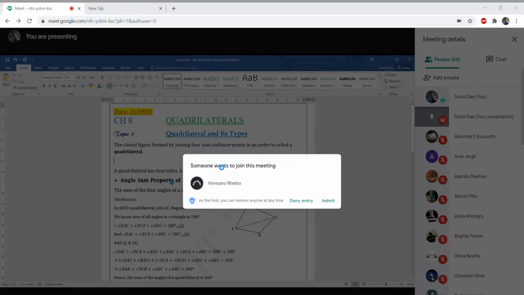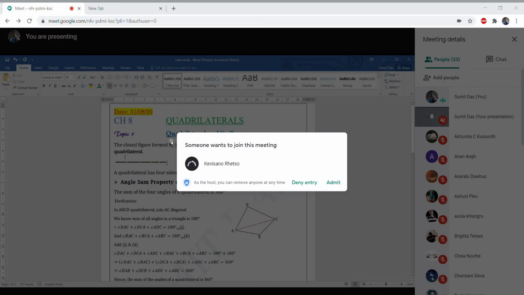Okay, you can see in this, I hope you can see this line. In this line, you can see one, two, three, four points are there, right? They are joined by a line, right? But it is not a quadrilateral. When will it be a quadrilateral? When the four points are non-collinear, like this, you can see A, B, C, D.